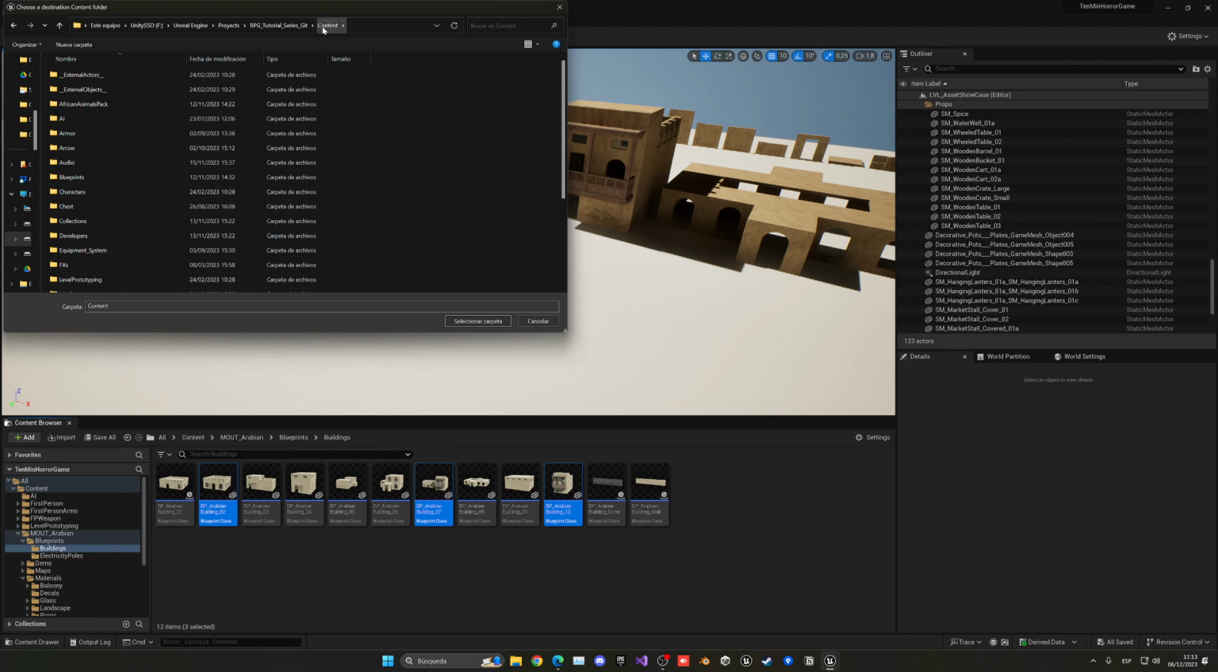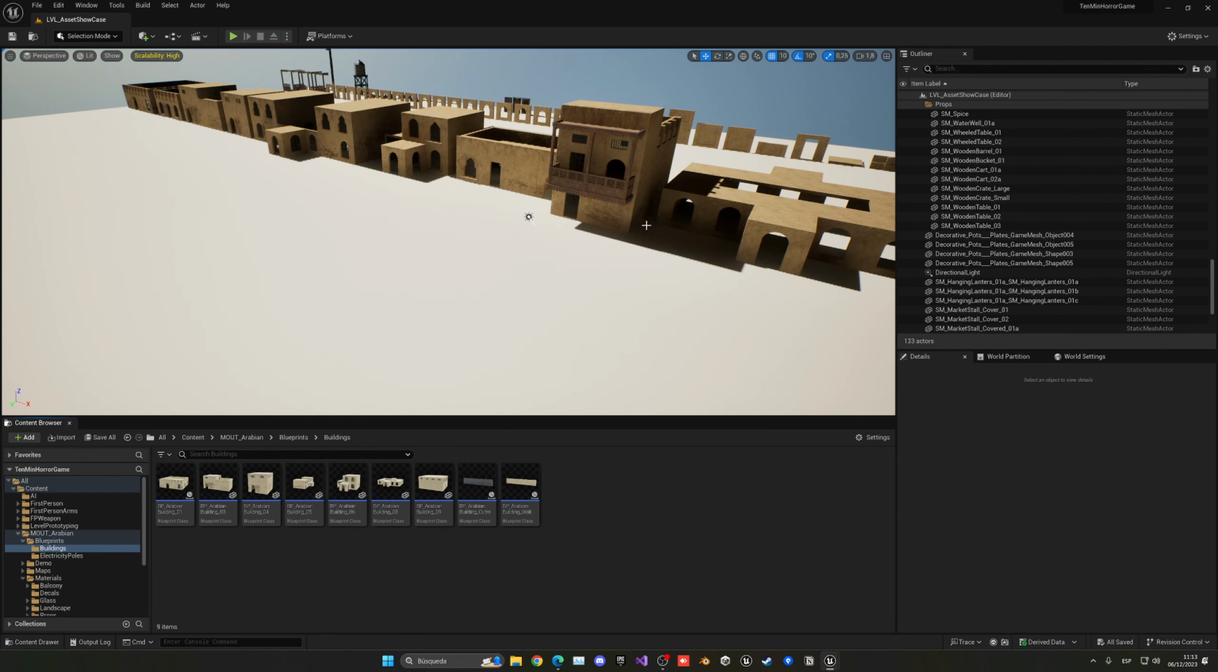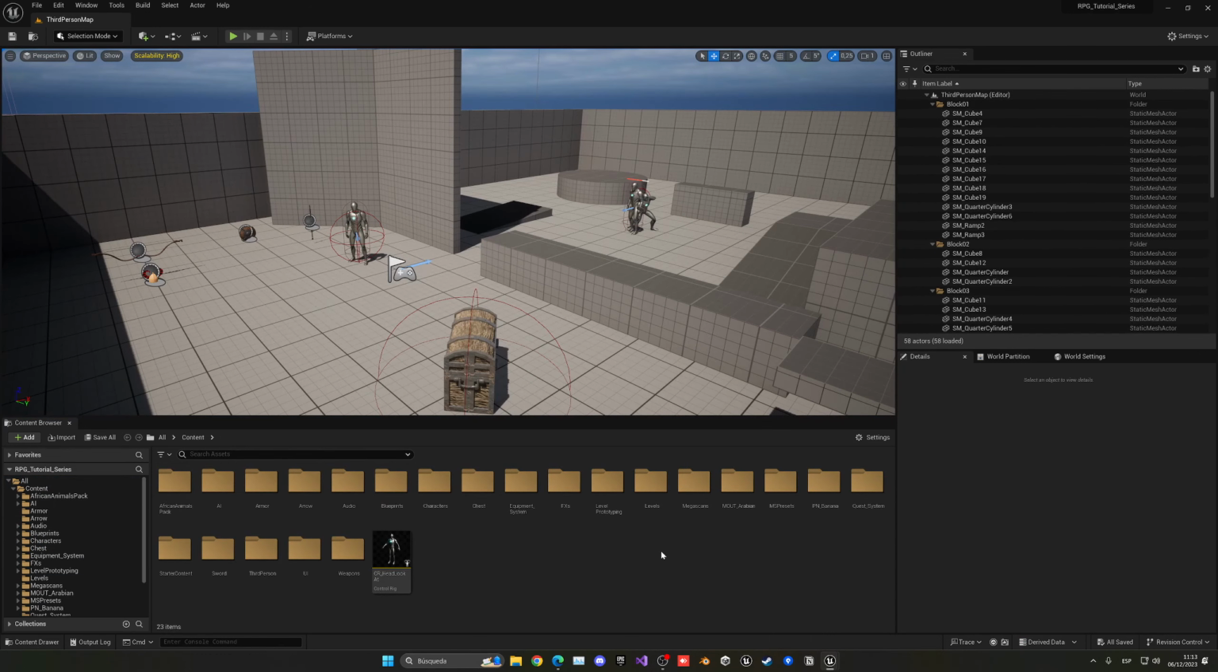And now just click on content and select the folder. Now it will migrate all the assets into our big project. So let's wait a few seconds. Alright, so now if we go back to our main RPG series, you'll see that we should have, there we